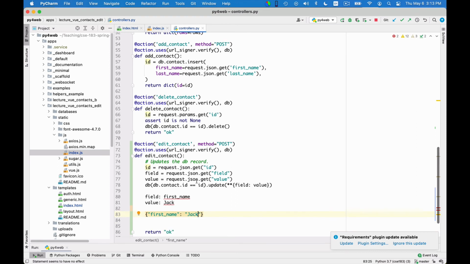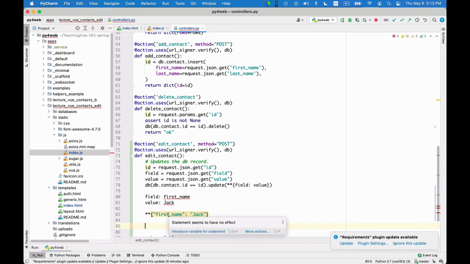If I put 2 stars in front of these, it's going to treat this as a dictionary of variable is equal to value. So it's going to generate essentially first name is equal to Jack in the call to update, which is what I need.